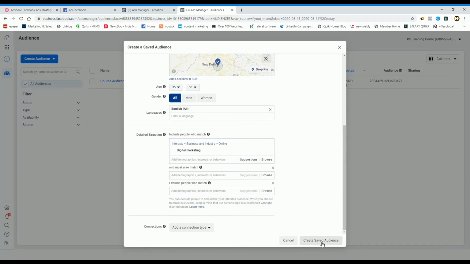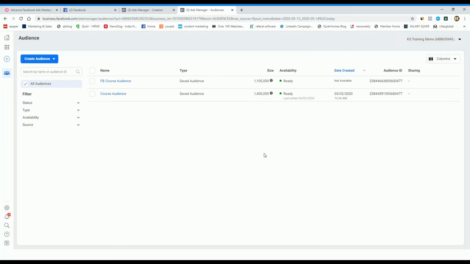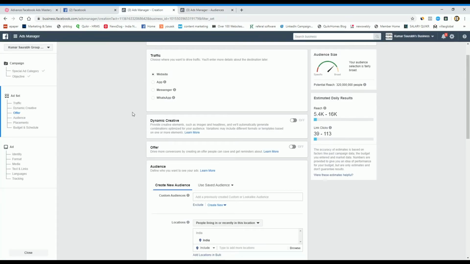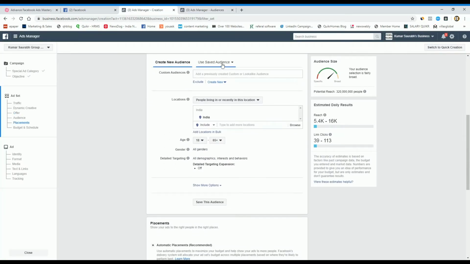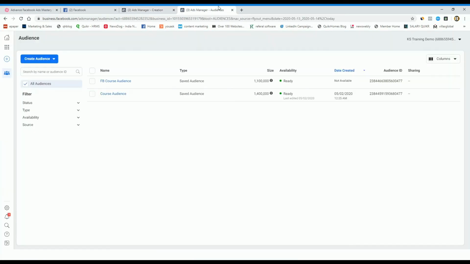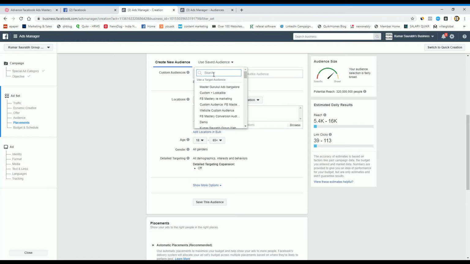You just have to create a saved audience. So the saved audience is created. During this advertisement, you can go ahead and use the saved audience. So you have to search here for FB course audience.